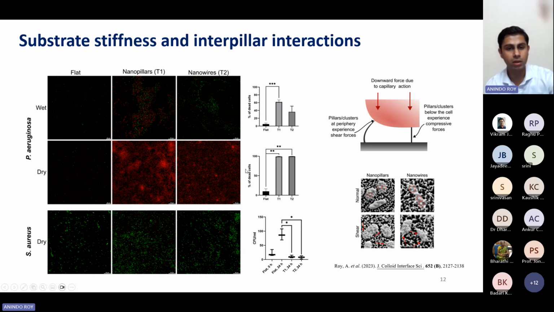So this was puzzling because for the nanowire surface in the dry state, the killing activity should still be lower than the nanopillar surface due to its higher aspect ratio. So when we looked at SEM images, we noticed that there are basically two sorts of interactions. In one case,